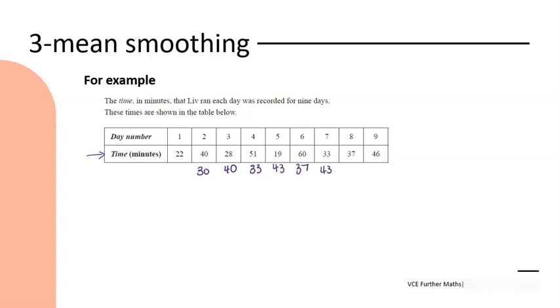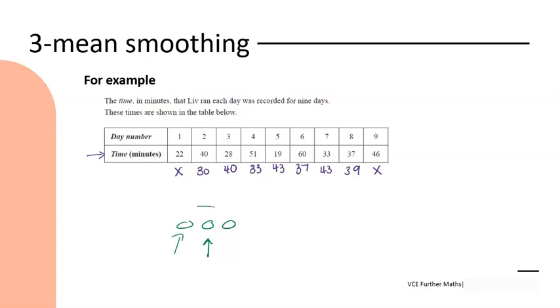37 for day 6, 43 for day 7, and 39 for day 8. Again, as we said in the previous section, we wouldn't have a value at day 1 or day 9. So when we are smoothing in groups of 3, we actually lose one data point off each end. And so if we think about the fact that we are grouping 3 numbers together, and our answer will line up with the middle day or the middle time code of that particular set,